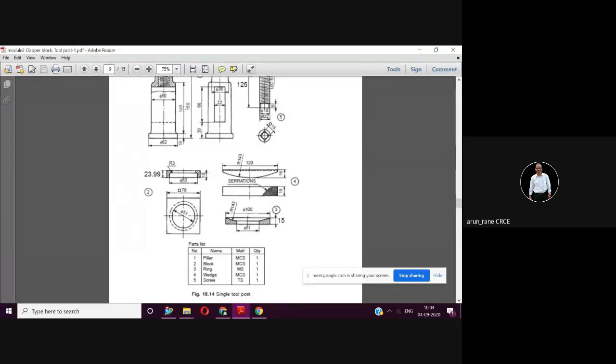This part we have completed, that is pillar. This also we have completed, that is screw, and this also we have completed, that is block. So now we will do this, which is ring, and this is the round part. And as I told earlier, this we are going to complete by revolve command, and this is wedge. This is going to complete by extrude command, and then one more square tool bit that goes inside this. That simple extrude.